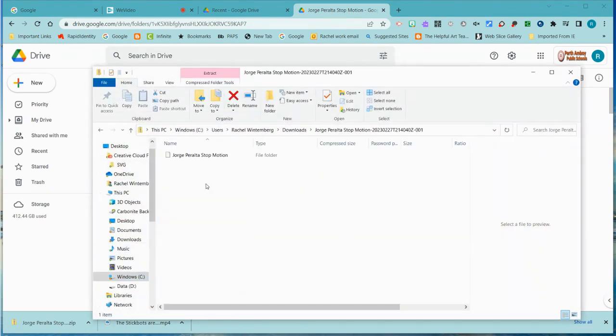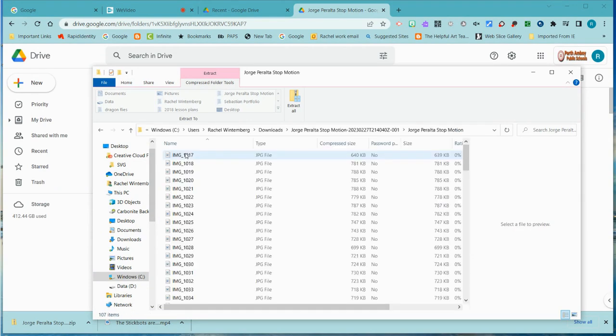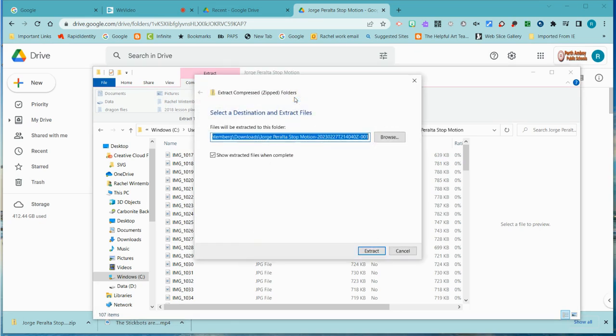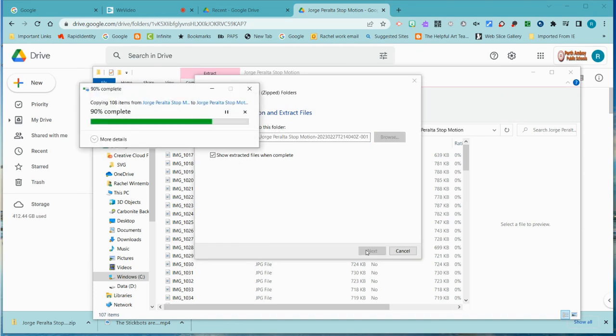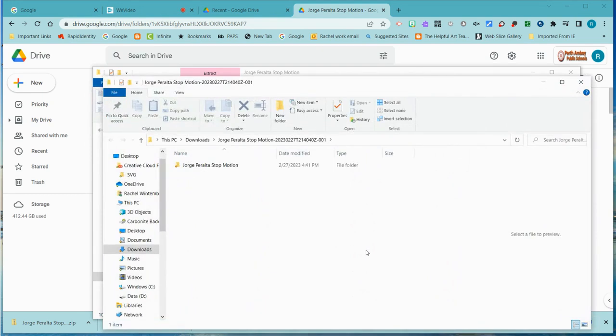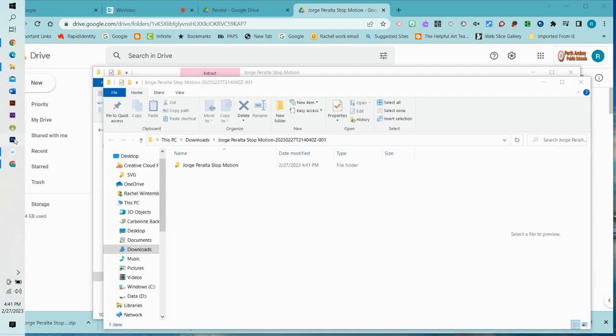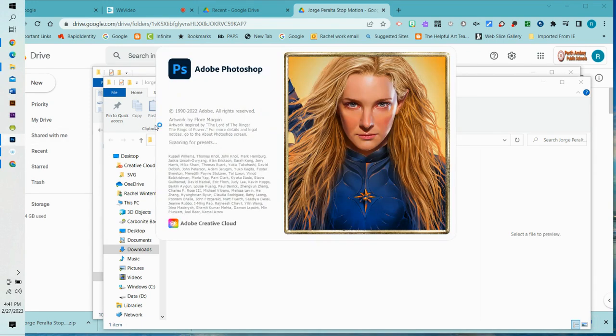Now, if you double click on it, and you double click on it again, on a regular computer, you just have to hit extract all, and it'll extract them into another folder. But you can actually skip this step if you're on a Mac, because on a Mac, if you just double click on them, it'll automatically unzip them. So we're on Mac, so we don't have to worry about the extract all. But in any case, here's the George Peralta Stop Motion. It's in my downloads. So now if I go to Adobe Photoshop,